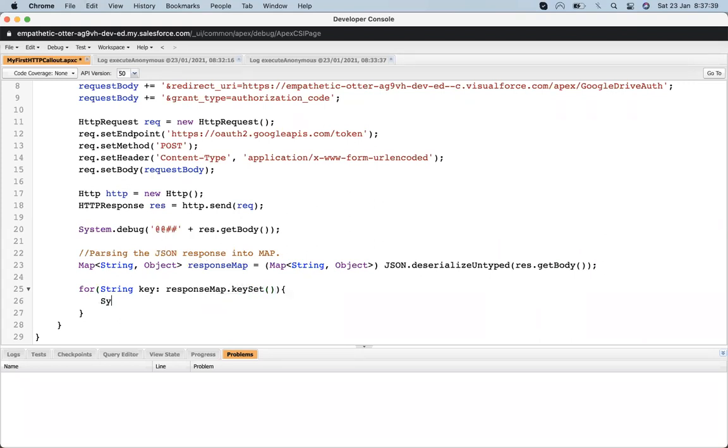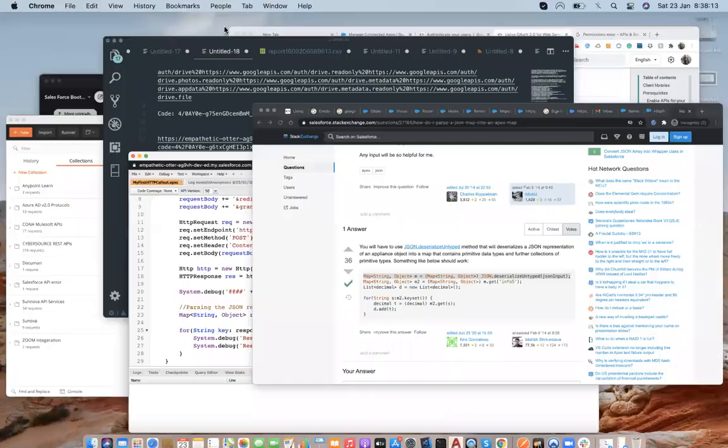If you guys remember, debug. Okay, since the code is valid for one time only, I need to regenerate the code again.